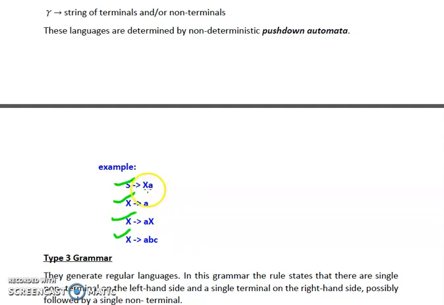That means it is a combination of one non-terminal and one terminal. So it is correct according to our rule. Now, in the second production rule on the right hand side, we are having a single terminal. So it is also correct according to our production rule. Now, in the third rule, we are having AX. So over here, first there is a terminal and then it is followed by a non-terminal. So it is also satisfying our condition. So it is also according to type 2 grammar.